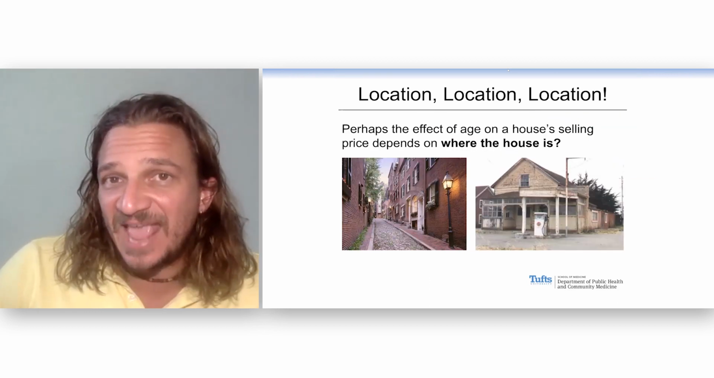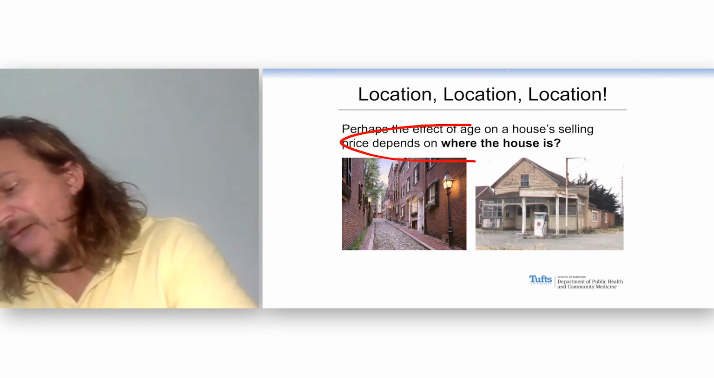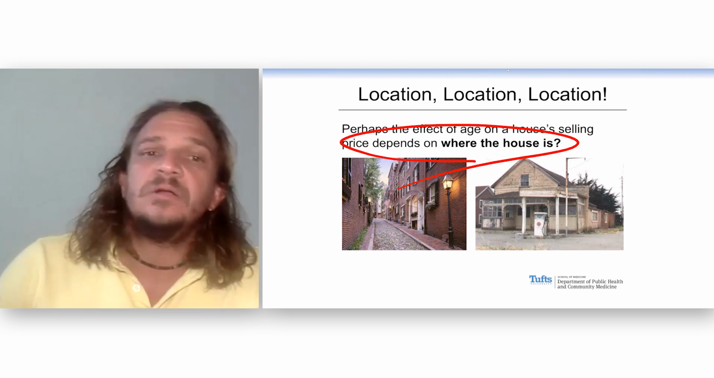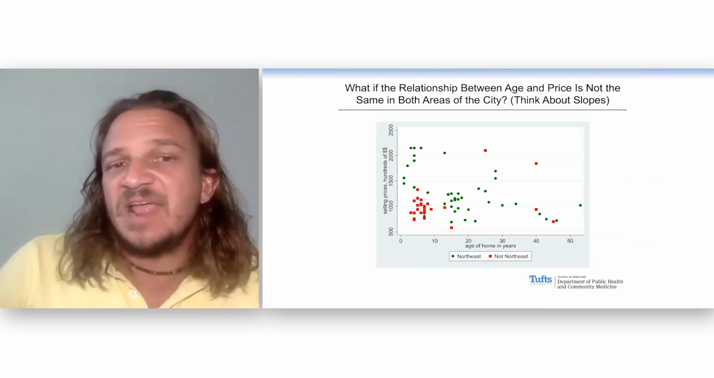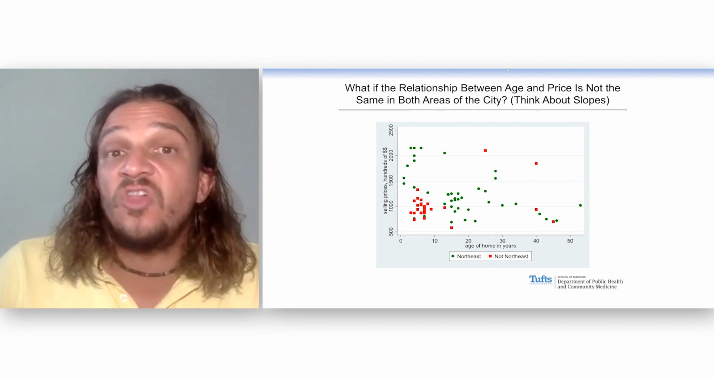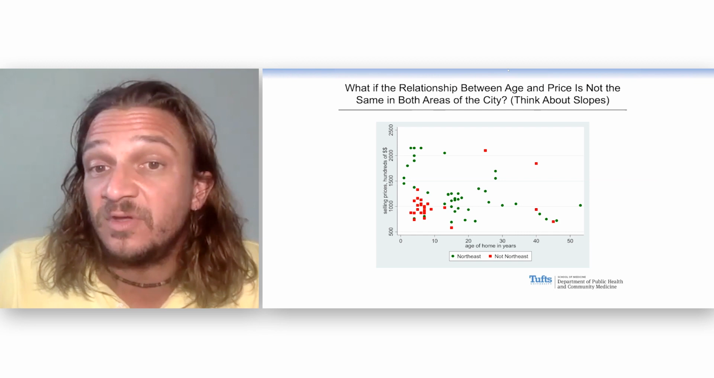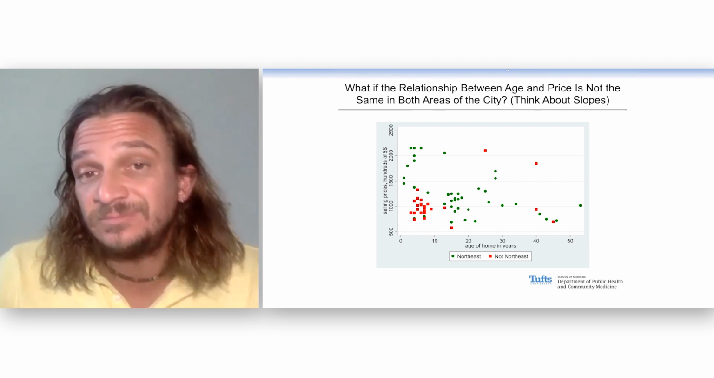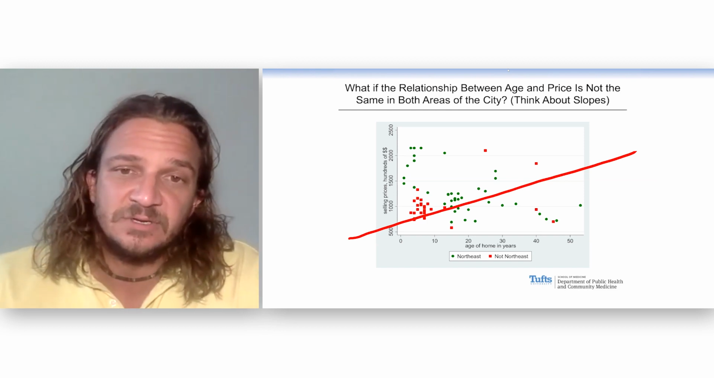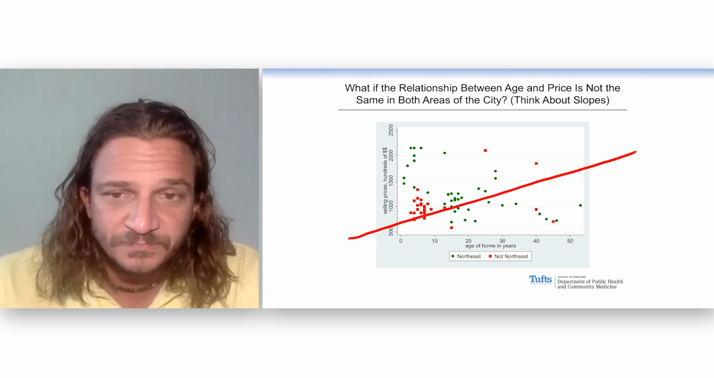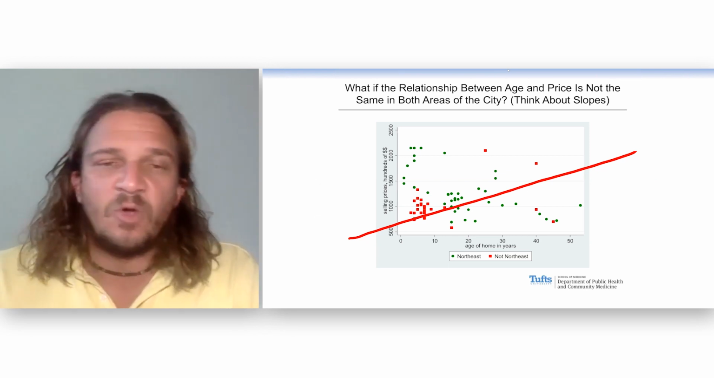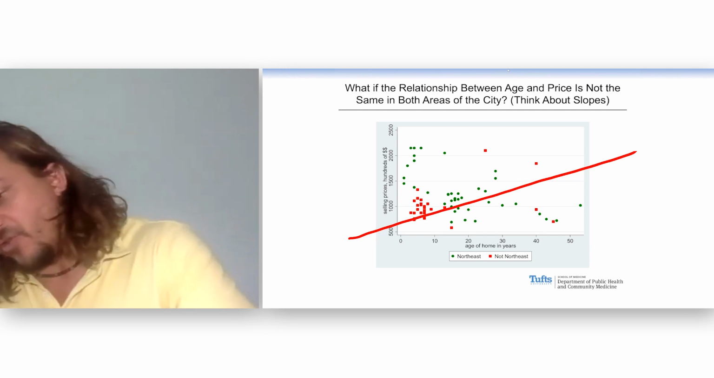Perhaps the effect of the age on the price of the house depends on where the house is. Well, let's take a look. Some houses live in this neighborhood with these little red squares, not the Northeast. If you had to draw a line through those red squares, what would the slope of that line be? I don't know, something like that. It would be something positive. The older homes are worth more. And what about those green ones? I think I have a green pen on here. What about the green ones? Well, if you had to draw a line through that,